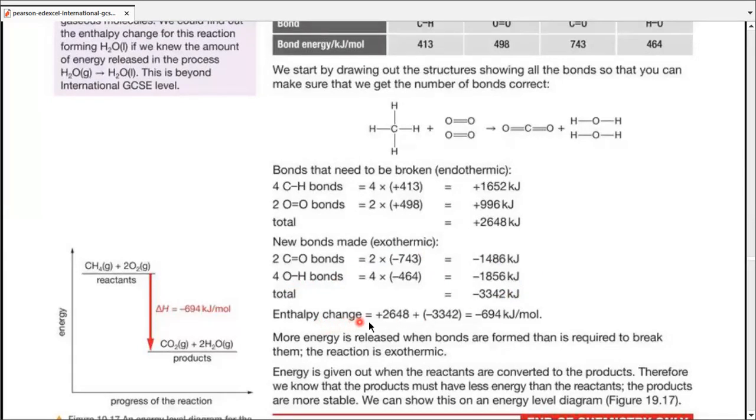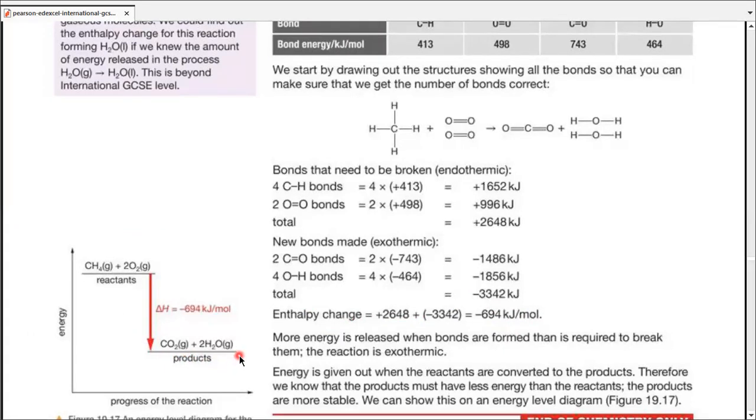When we find out the total enthalpy change, we find this reaction to be exothermic as well, since the overall answer is negative 694 kilojoules per mole, which means more energy is given out in the formation of products, in making new bonds, than what was absorbed to break old bonds. I hope this makes sense too, right? Yes. I hope this diagram is also easy to understand,